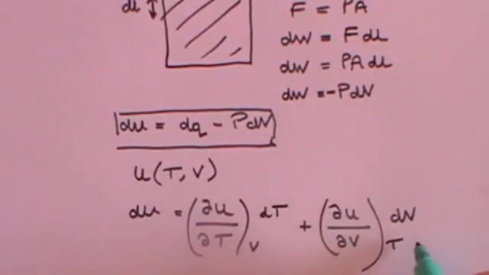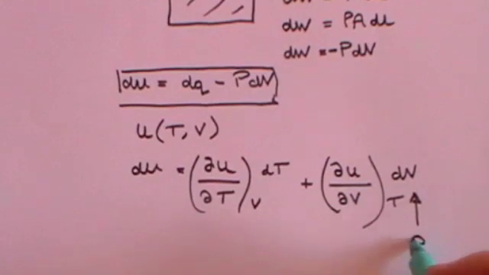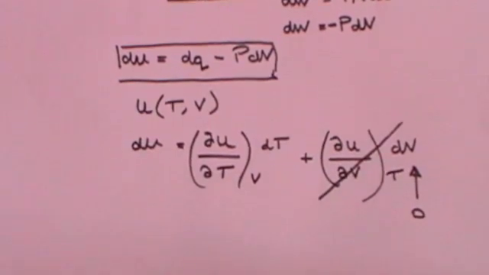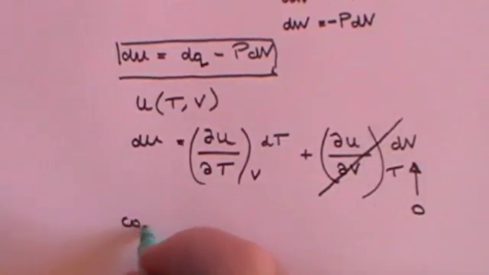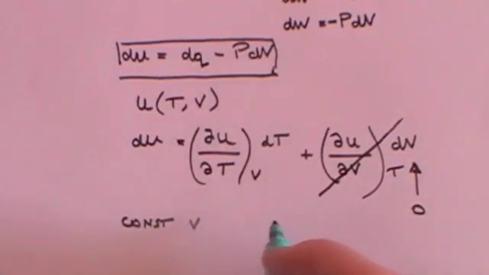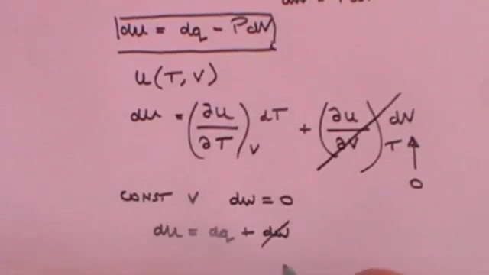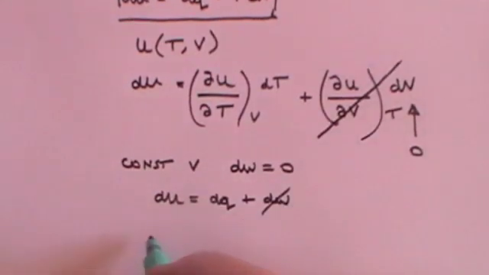Now, at constant volume, dV is 0 because there is no change in volume, and so that whole term goes out. And so we've got constant volume, and at constant volume that means of course that dW is 0 because we said that above. If there's no change in volume, there's no change in work, and that means that dU is equal to dQ plus dW, but dW is 0, so dU is equal to dQ,